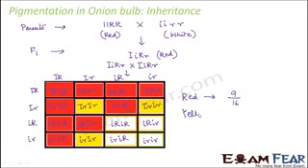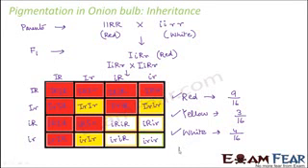How many yellows do we get? We get 3 out of 16 yellows. And what about the whites? We get 4 out of 16. So this was the dominant allele, this was the recessive allele, and this was the epistatic gene. So if you find out the phenotypic ratio in the F2 generation, it comes out to be 9:3:4. So this is the dominant allele, this is